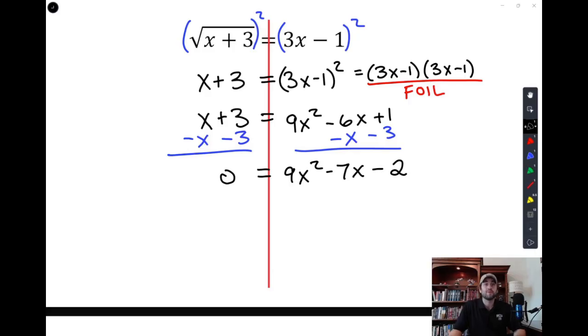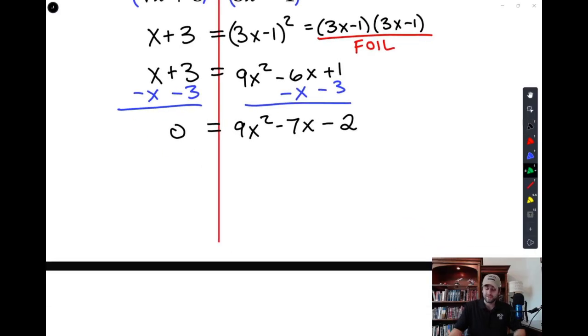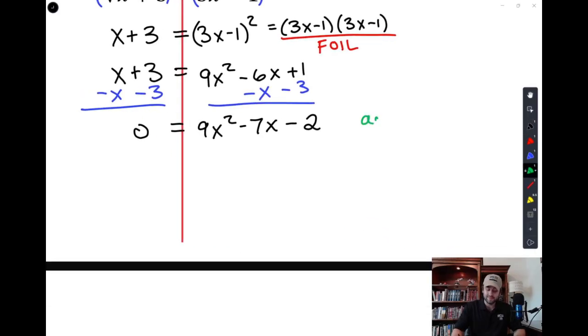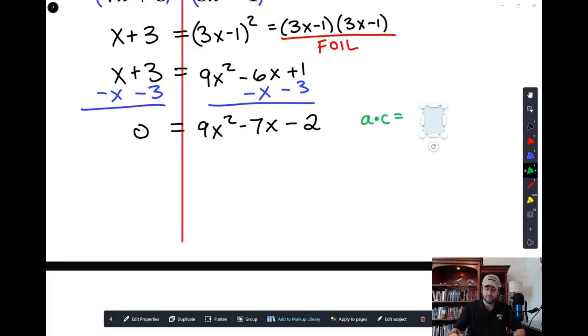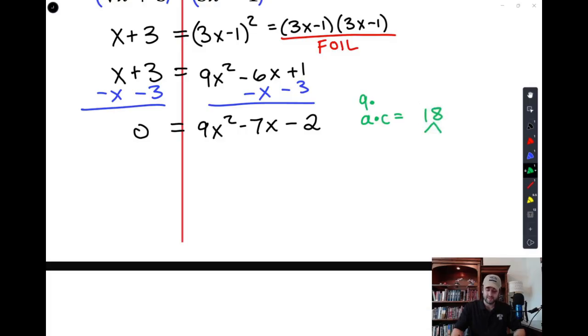And this is an equation where grouping is going to be necessary. We're not going to be able to just factor it straight up. Because grouping is necessary, we do a times c, which is negative 18, careful, that negative 2 for the c value. Remember, this is 9 times negative 2. And so negative 18 is going to break apart into negative 9 and 2 to add up to give you